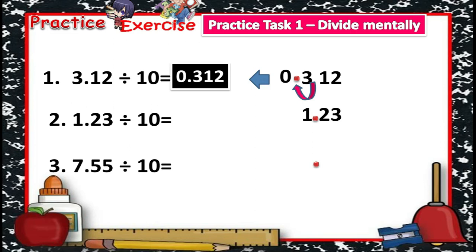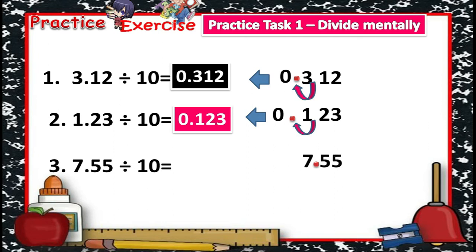Move the decimal point 1 to the left. Here is the decimal. Write 0. The answer is 123 thousandths. For number 3, 7 and 55 hundredths divide by 10. Move the decimal point 1 to the left. So here is the decimal point. Write 0. The answer is